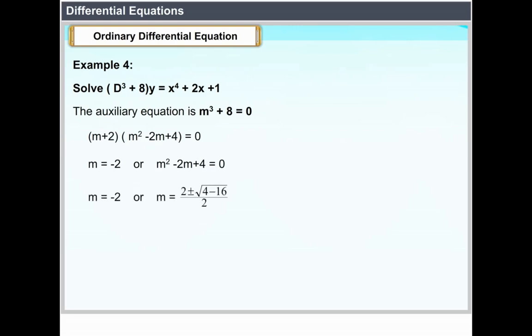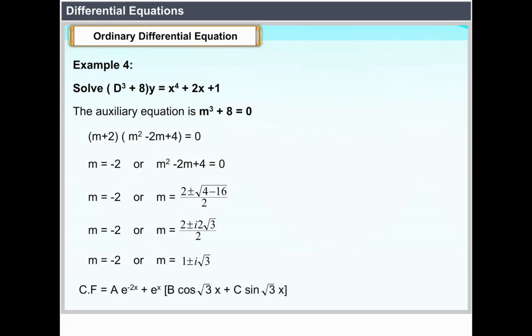M equal to minus 2 or m equal to 2 plus or minus square root of 4 minus 16 divided by 2. M equal to minus 2 or m equal to 2 plus or minus i 2 root 3 divided by 2. M equal to minus 2 or m equal to 1 plus or minus i root 3. CF equal to A into e power minus 2x plus e power x into (B cos root 3x plus C